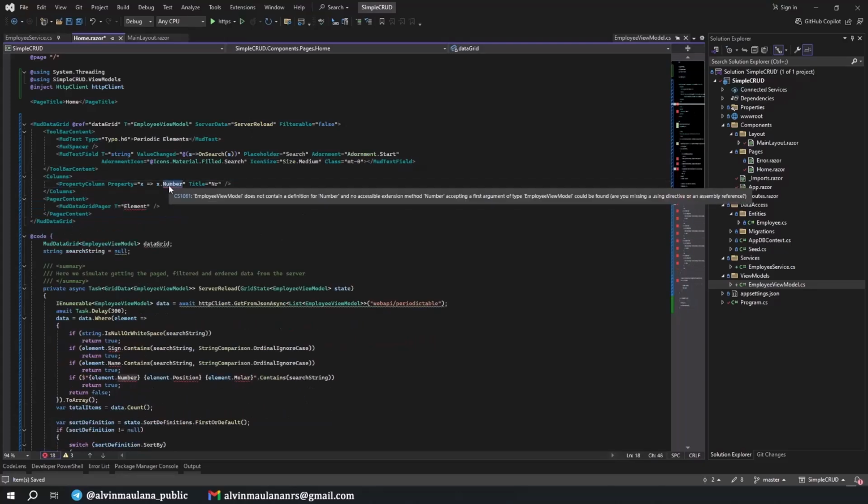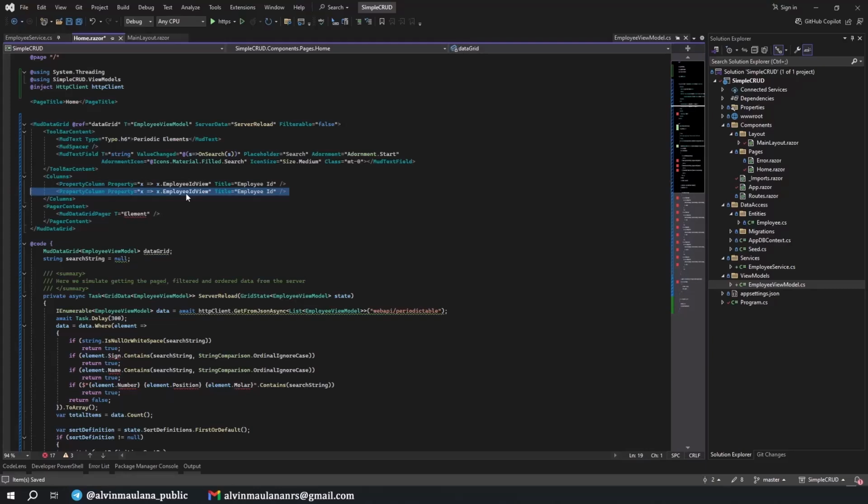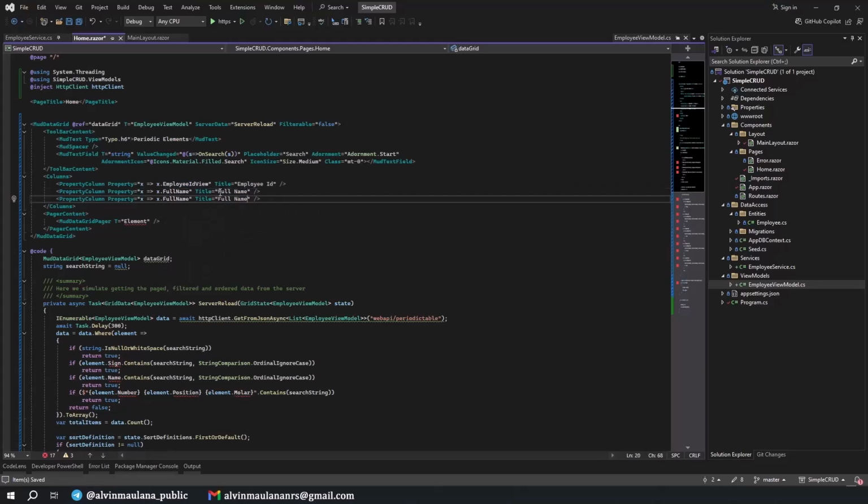First, we will show the employee ID view. The title is Employee ID, and I duplicate it and show the full name, and department. This one does not need a title because it's the same as the property name.